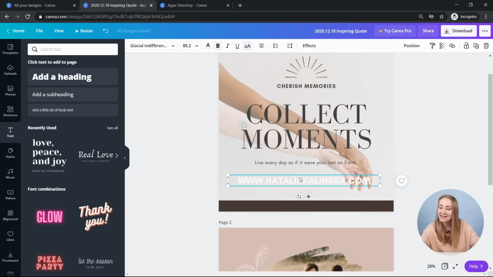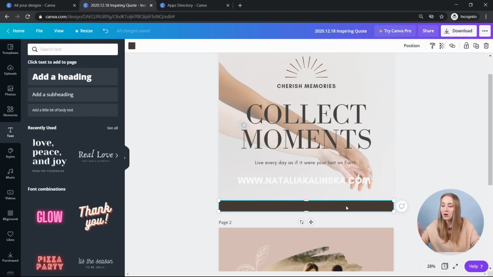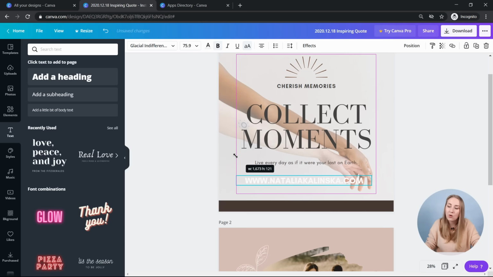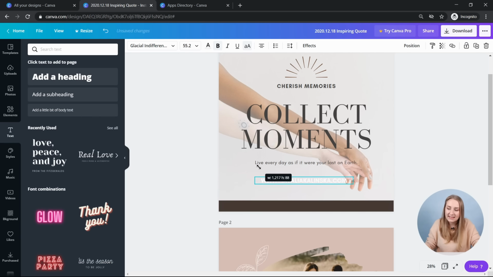So I told you that with this text, www.nataliakalinska.com, I want to showcase my website. So I added this panel, again, from the elements and different shapes. So I can make this text a bit smaller. And what I'm doing, I can drag by the corner and it will drag it down to one corner, to the opposite one. But if I click Alt, it will drag both corners to the center in a way. So it kind of goes down. So when I've got something aligned to a specific element, it just stays that way. I don't need to move it further. If I click Alt, even when holding it, it will stay aligned to the proper element.